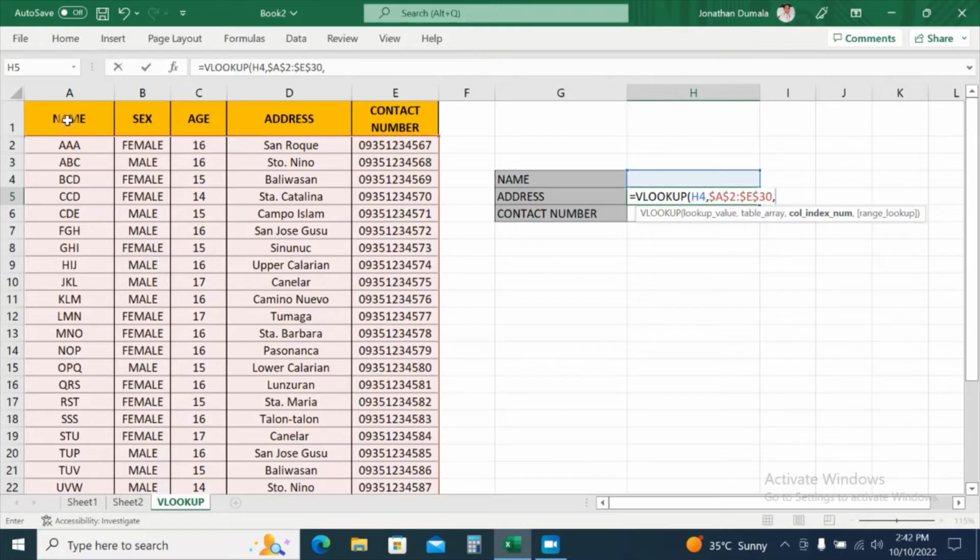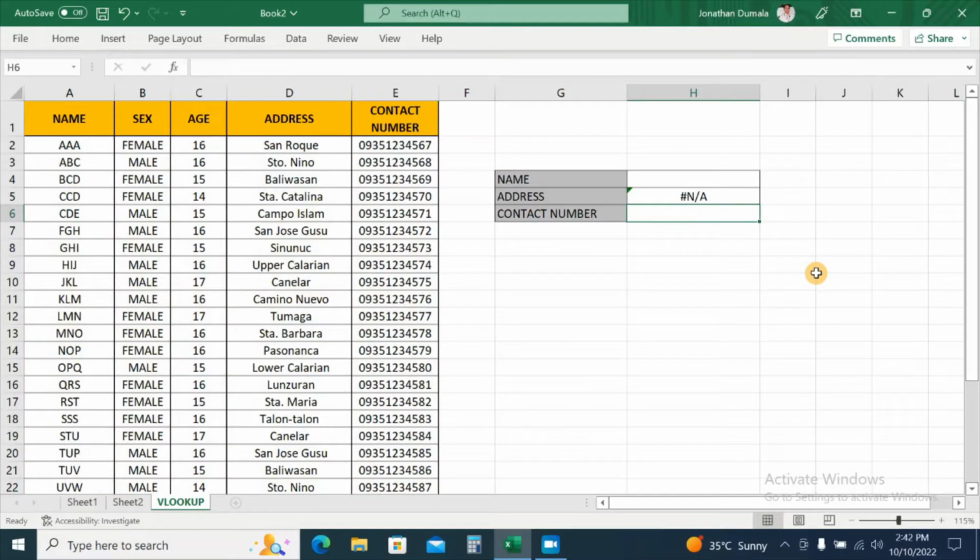So name is column 1, sex is column 2, age is column 3, address is column 4, then contact number is column 5. And we want to get the address, so it's going to be column 4. Then comma, then we want to get the exact match, so double click or you may type false,